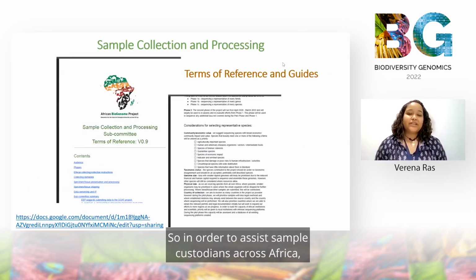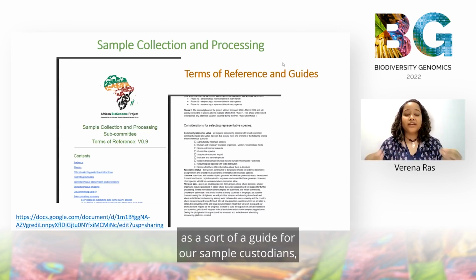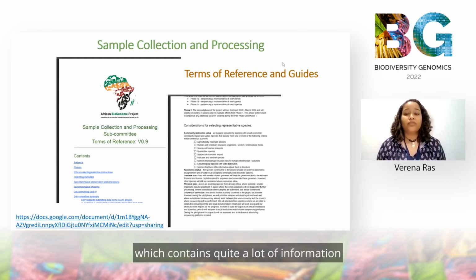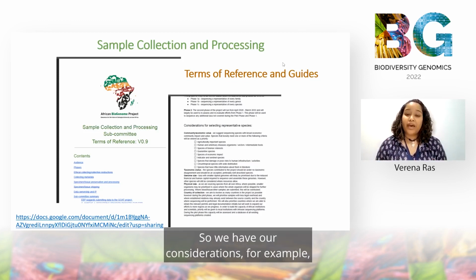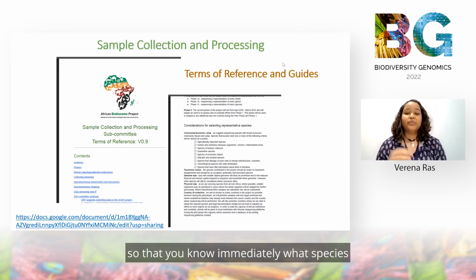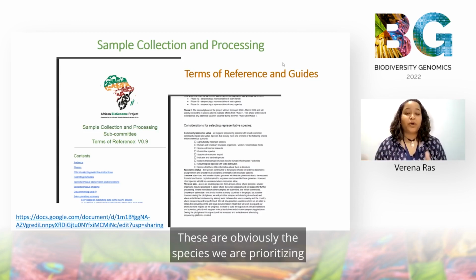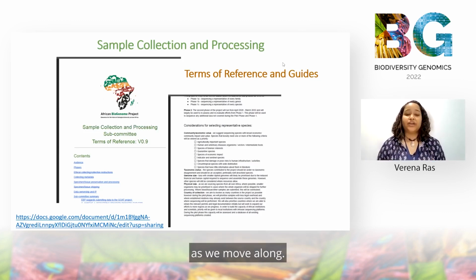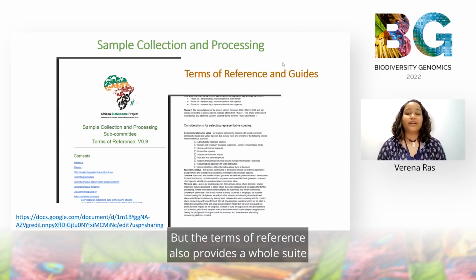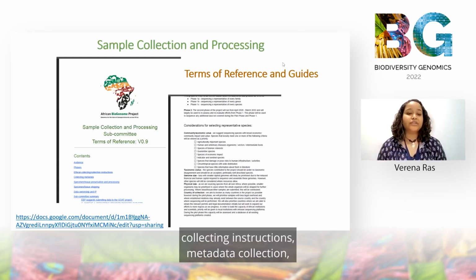So in order to assist sample custodians across Africa, we have developed terms of reference as a sort of guide for our sample custodians, which contains quite a lot of information that is pertinent to the collection of samples. So we have our considerations, for example, for selecting representative species, so that you know immediately what species we're targeting upfront. These are obviously the species we're prioritizing at the moment, but again, this might change as we move along. But the terms of reference also provides a whole suite of information about ethical collecting instructions, metadata collection,